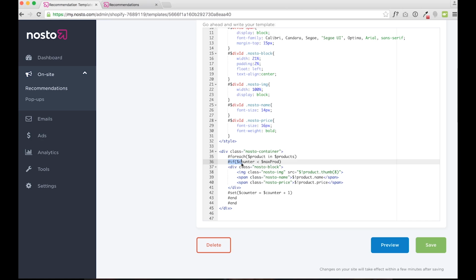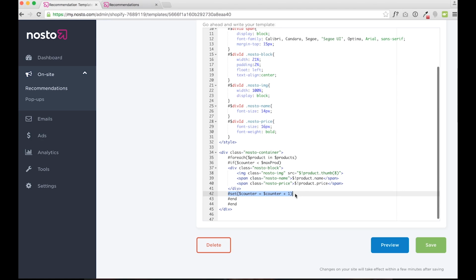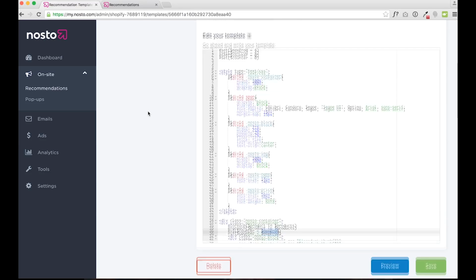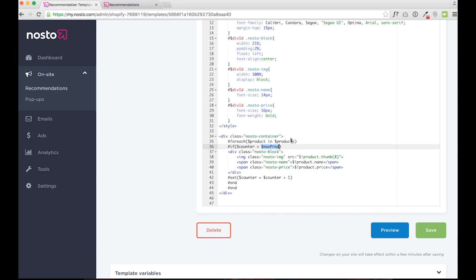Again, I've also created an if condition where I check that the counter, which I increase by one at each cycle of the iteration, is not greater than max prod, that is 4. This is to show no more than 4 products in my recommendation slot. And here, the part that is reiterated at each cycle is the Nosto block, as I've called it, just for the purpose of the CSS, which contains an image placeholder with the class Nosto IMG, and the source of the image is